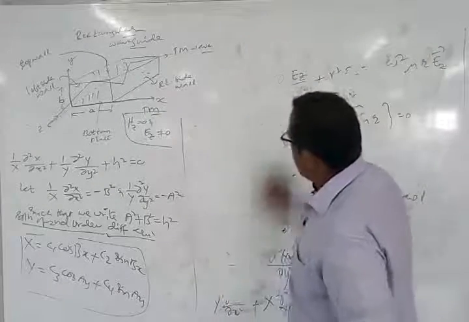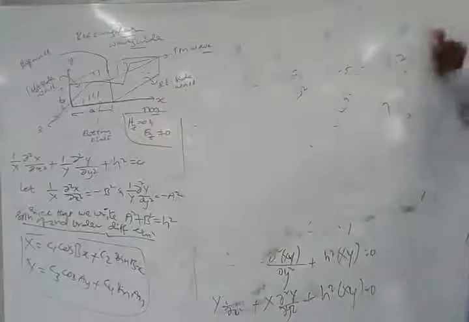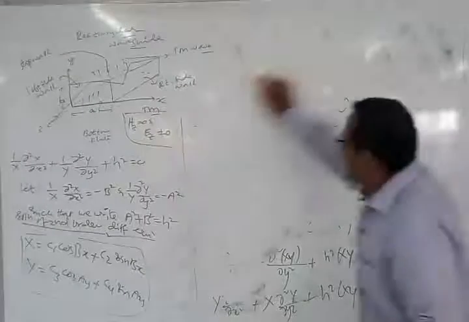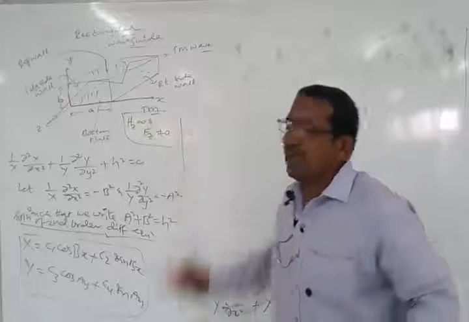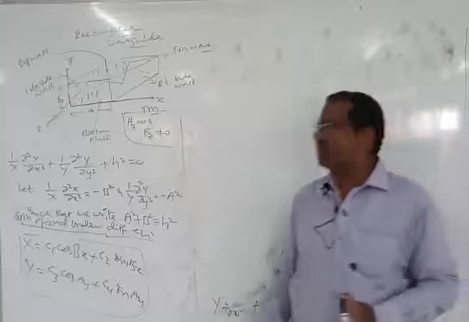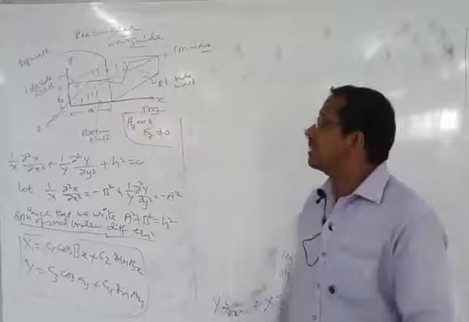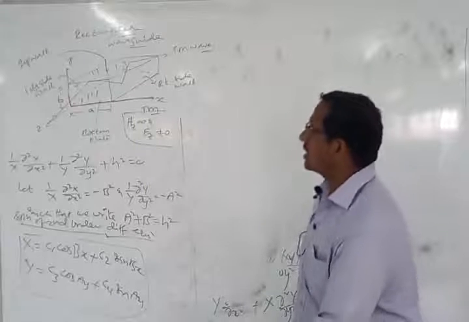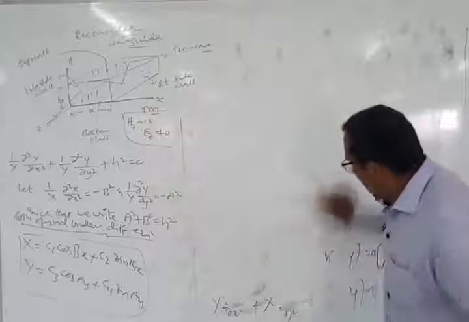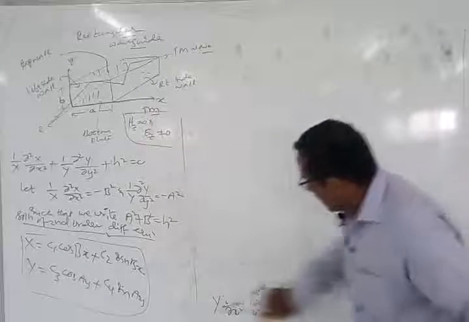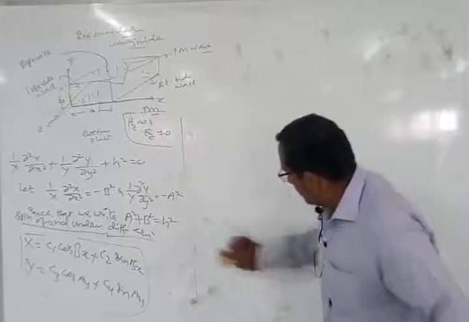Here we have to apply the boundary conditions. What is the boundary condition? Earlier we had a plane wave between parallel plane conducting plates. These parallel plane conducting plates are converted into a waveguide, so the boundaries have been added here. Therefore we are going to apply the boundary conditions.